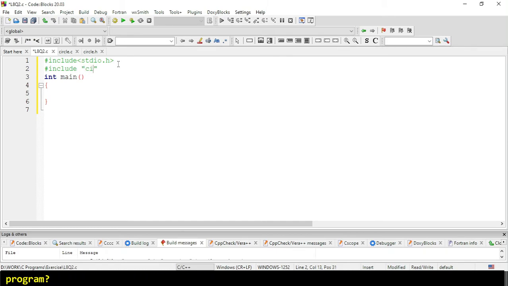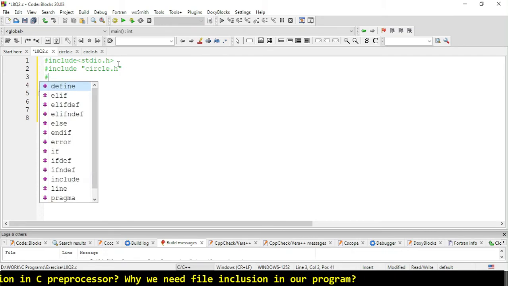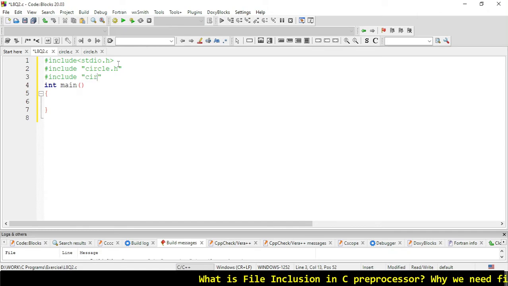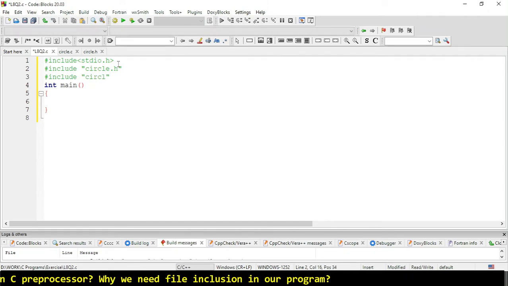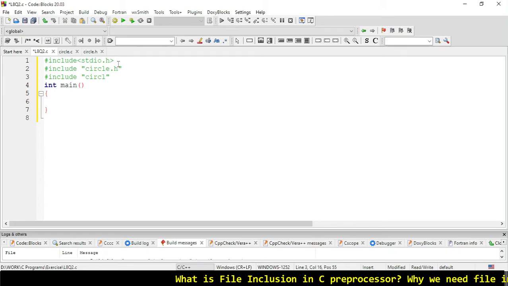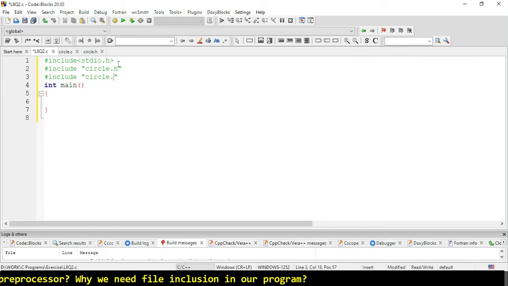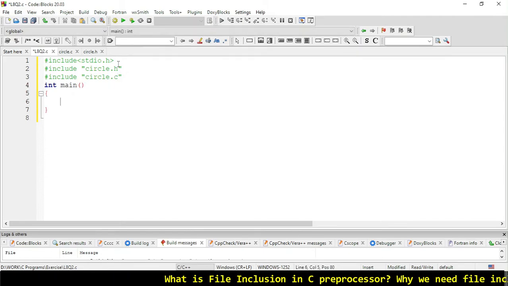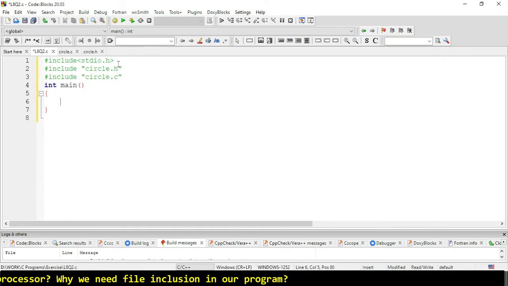So we just include our file before the program execution. I will use this double quote symbol like this, and circle.h, circle.c. Let's move on, we have to display something.